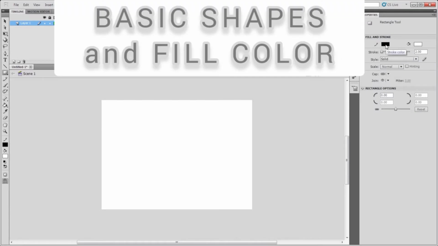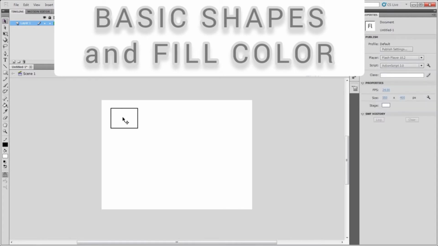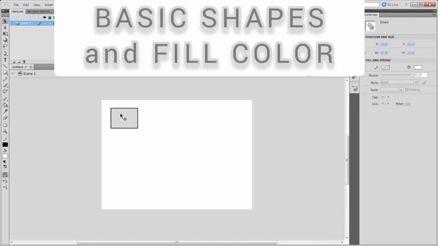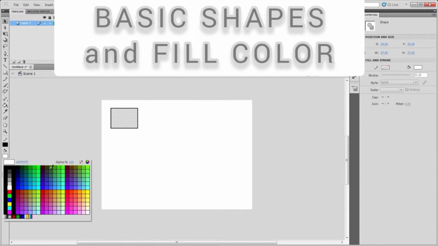Next is basic shapes and fill color. Here first is rectangle tool. This tool is used to create rectangular and square shaped objects. To draw the basic geometrical shape, click the rectangle tool in the tool panel.